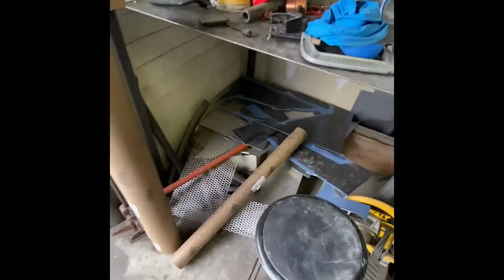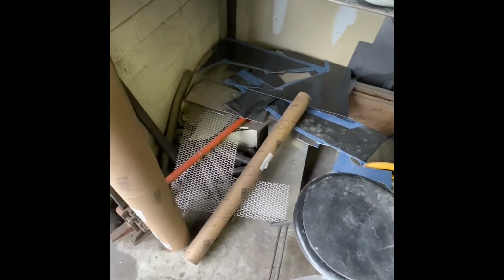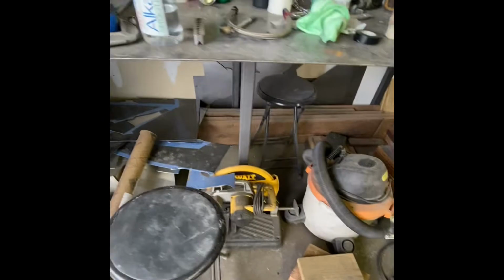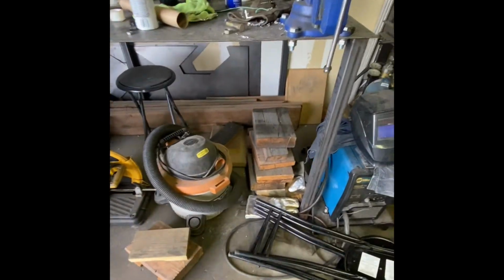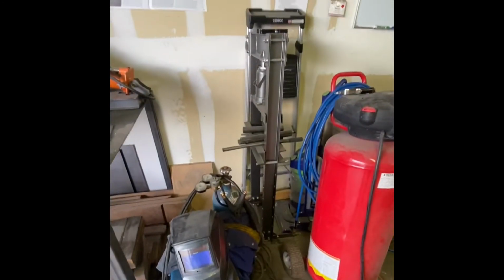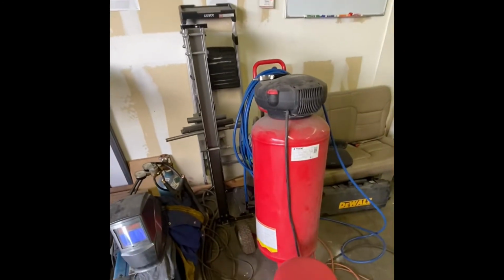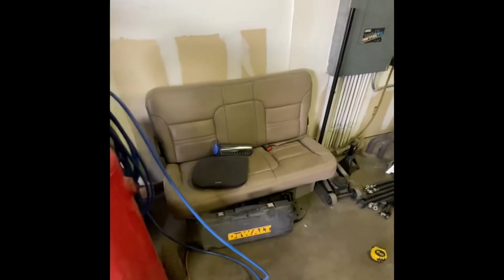Got all of our scrap stuff down here. Got some fresh steel for a buddy's project. Got some lumber, got some plates, got all kinds of knickknacks to make stuff with. Got our little Millermatic welder, shop press, the air compressor, and then my favorite spot in the shop is my little